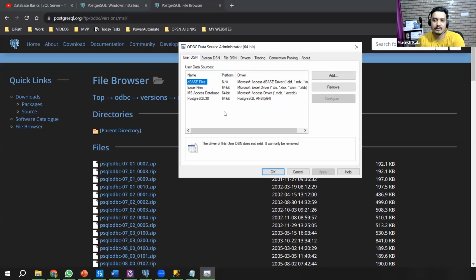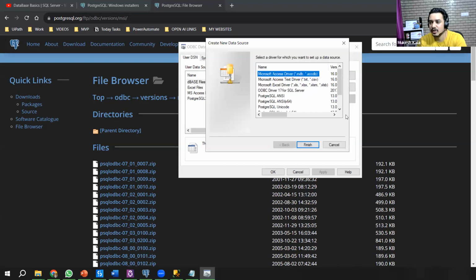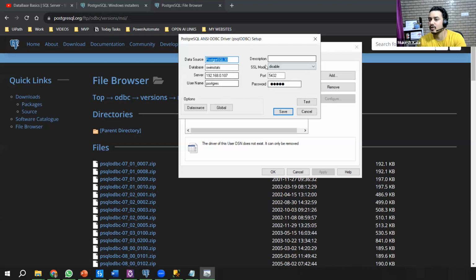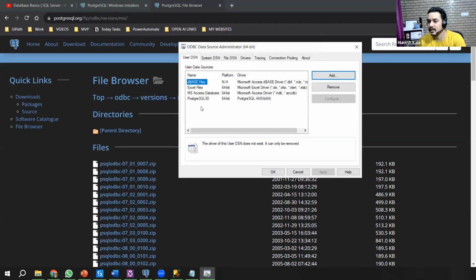The first time I came here, it was absolutely blank. So I went to user DSN. I clicked on this button which says add, and it showed me all of these things. Since my drivers were already installed, I have the driver for ODBC, for Excel, for Postgres. That's why I am getting all this, right? I even have the SQL Server driver. So I selected this button, and it shows me this wizard asking how you want to connect, right? Now, if you see here, I already connected it for my PostgreSQL.